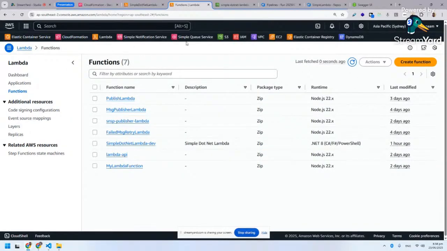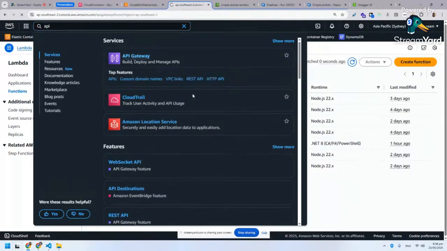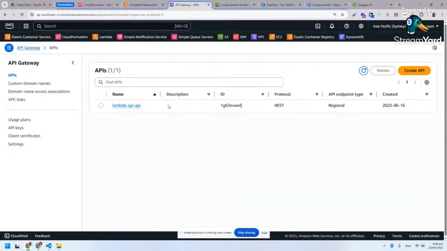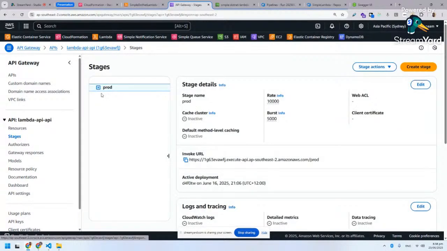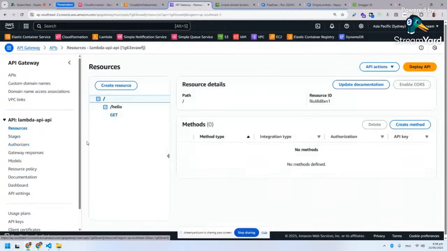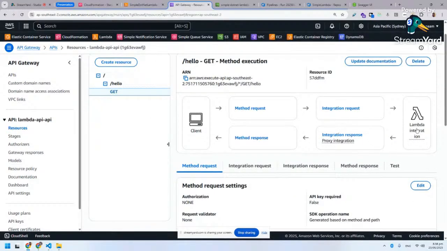Instead of going to Lambdas, I'll go to API gateway. Yeah, we have one API gateway, and we have one resource in that API gateway. Here you could have your stages, so if you have development, testing, and production. Let's go back to the resources and go to the GET function that we created. You can see here that it integrates to a Lambda function, and you could see our Lambda here, the Lambda